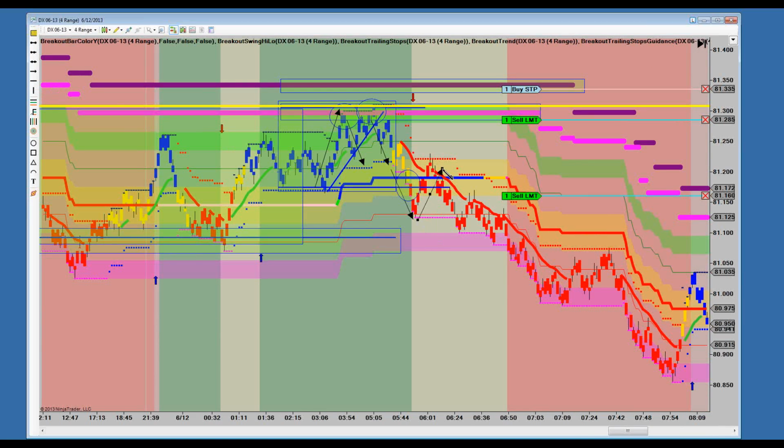Thrust down, retracement up to a lower high or a lower low, and then you see another thrust in the trend direction, like such, and then you see a retracement back up. This is exhibiting trending behavior. And even if you're exhibiting trending behavior, you're still looking to, for the most part, take trades on the probe